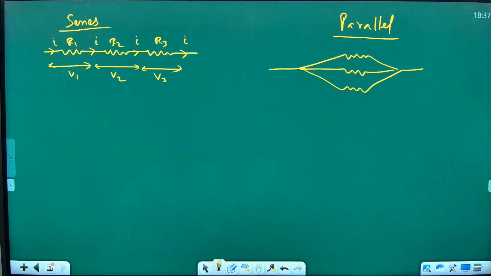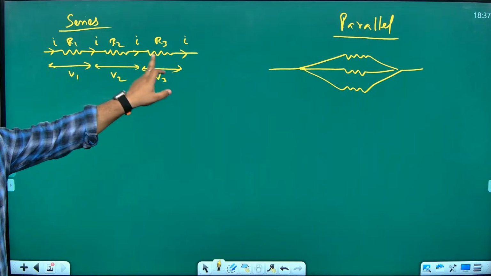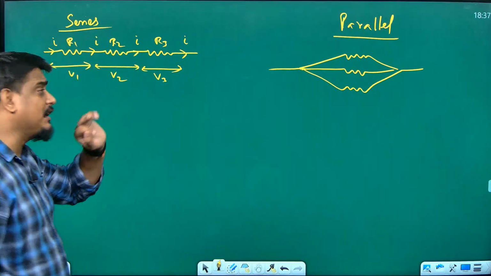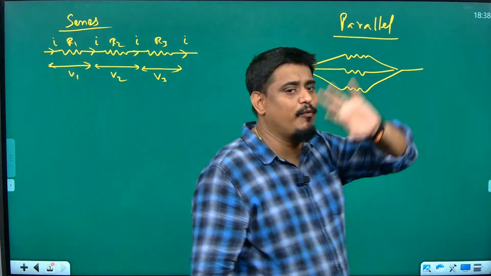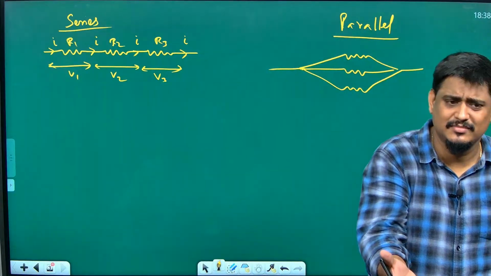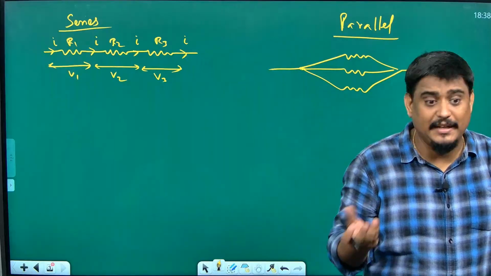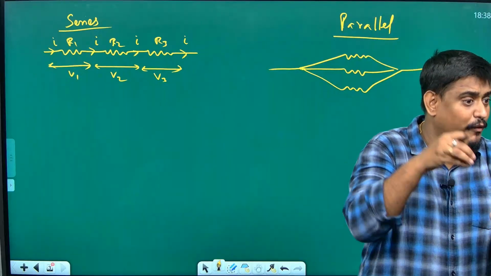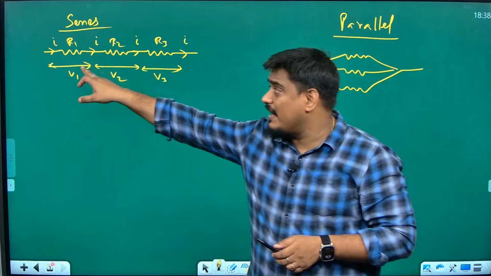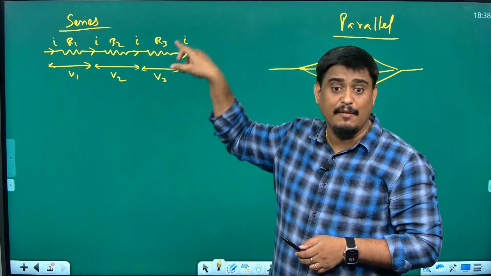Because we know by Ohm's law V is equal to IR, it will become IR1, IR2, IR3. You may ask me, sir, what if all three resistors are same? 5 ohm, 5 ohm, 5 ohm. Then it will be same: 5 into I, 5 into I, 5 into I. But if they are different resistors, 5 ohm, 10 ohm, 15 ohm, then it will be 5I, 10I and 15I